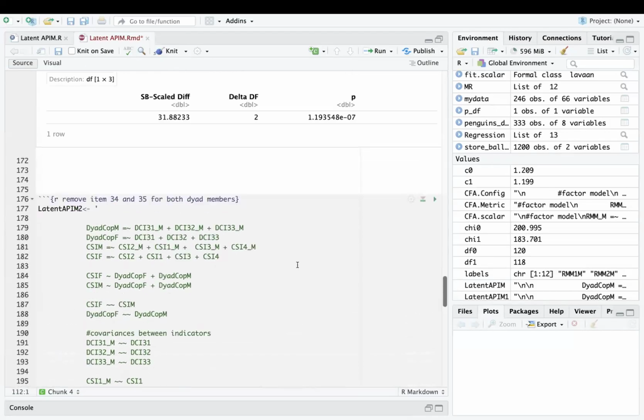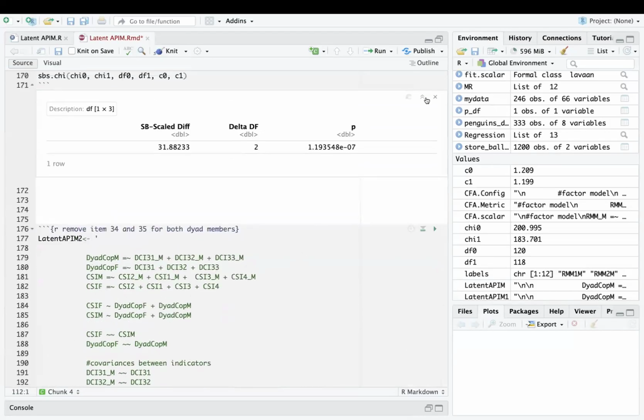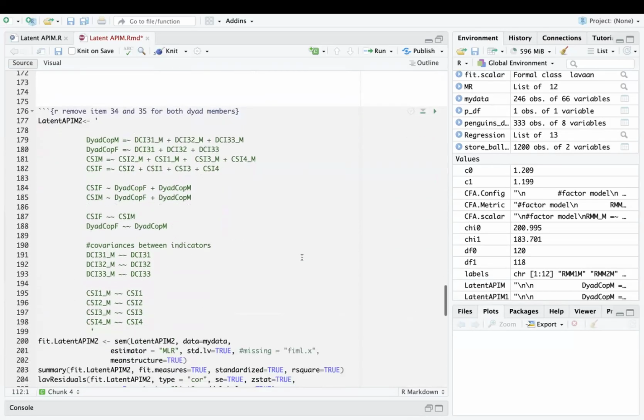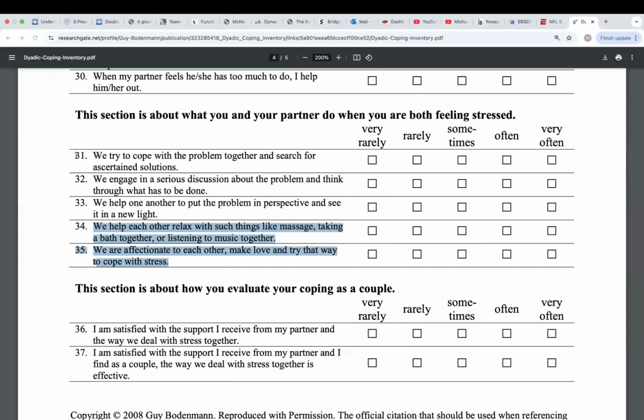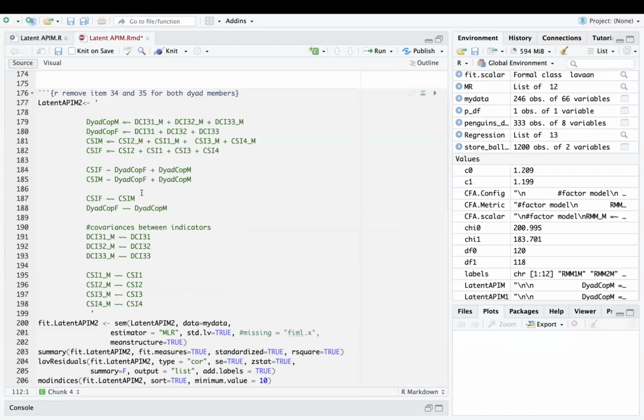All right. So the last thing that we are going to do is just drop those two dreaded items. We're going to go ahead and just estimate dyadic coping with these three items, 31 through 33. So one of the benefits is that we are potentially getting a more homogeneous construct. We're assessing more of the exact same thing. We have better construct validity. But